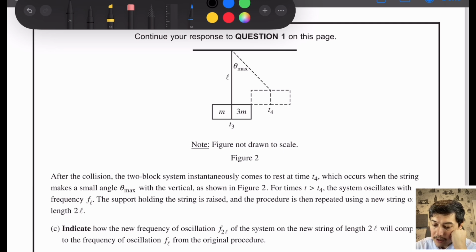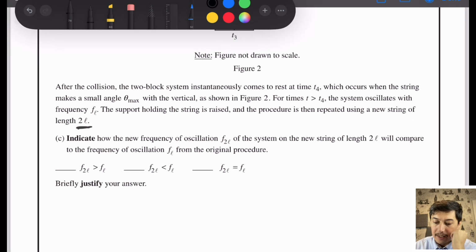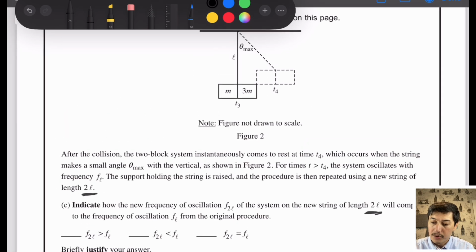The support holding the string is raised, and the procedure is then repeated using a new string of length 2L. Indicate how the new frequency of oscillation f_2L of the system on the new string of length 2L will compare to the frequency of oscillation f_L from the original procedure. So basically,